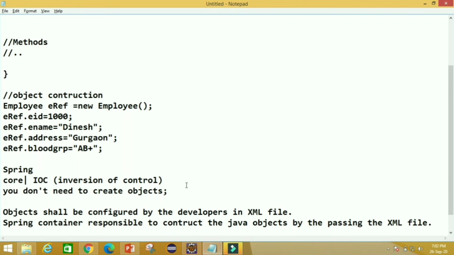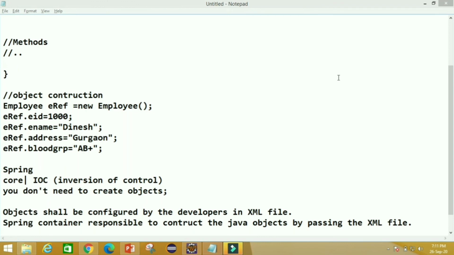Why are we calling it inversion of control? Now the developers are not creating the objects. The Spring container is responsible to construct the objects by parsing the XML file.